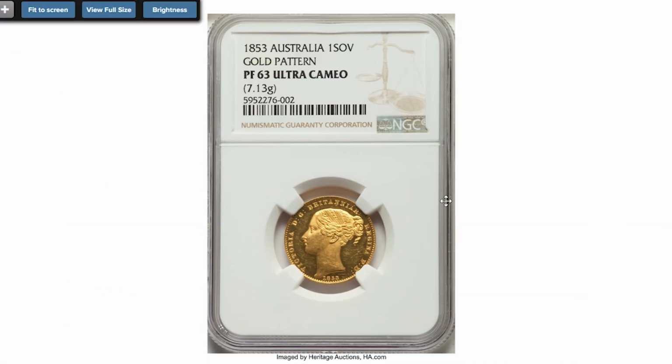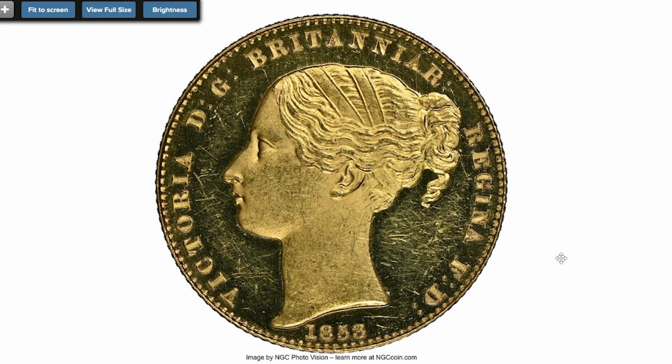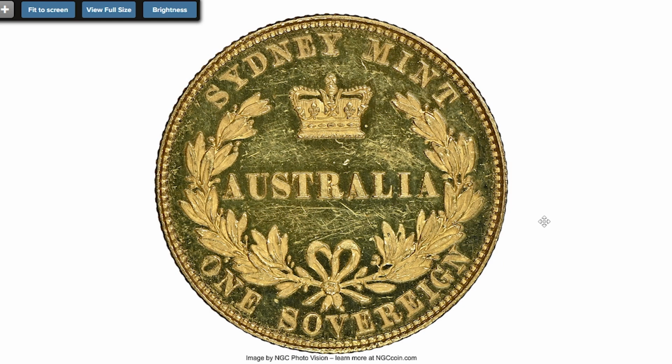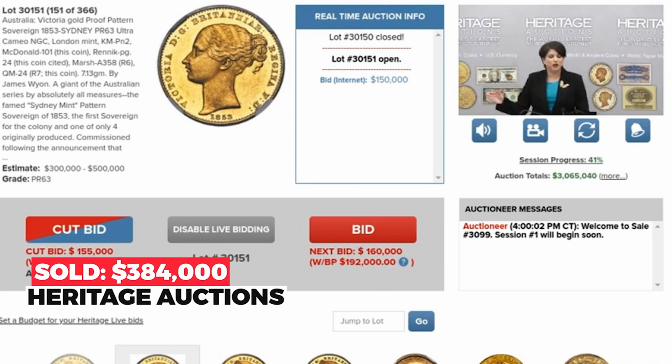$86,250 at Heritage Auctions. Moving on to this legendary piece, the 1853 Sydney pattern sovereign, graded Proof 63 Ultra Cameo by NGC. A giant of the Australian series by absolutely all measures, the famed Sydney Mint pattern sovereign of 1853, the first sovereign for the colony and one of only 4 originally produced. Presumed unique in private hands, all other specimens are permanently impounded in museum collections. Sold on May 5, 2022 for